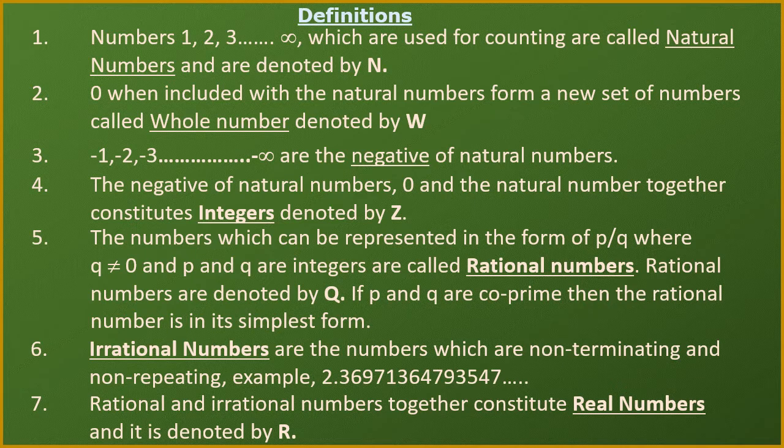But if you categorize the numbers mainly into two parts, we can say that some of the numbers will fall into the category of rational number, while some of the numbers will come in the form of irrational number. For example, if I talk about prime number, every prime number is an integer, and hence every integer we can write in the form of p by q. So therefore they will be rational numbers. So remember, from now onwards the real number can have two parts: one will be rational and the second one will be irrational number. Okay, let's start the exercise.